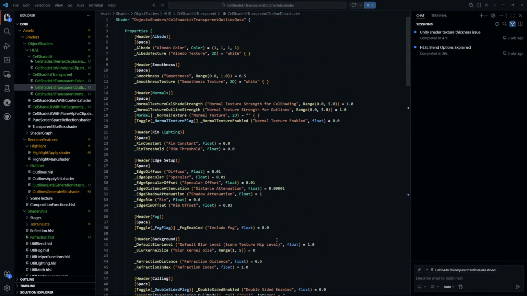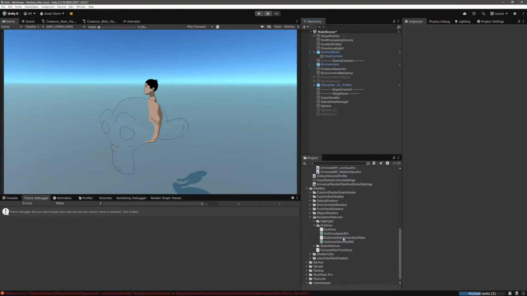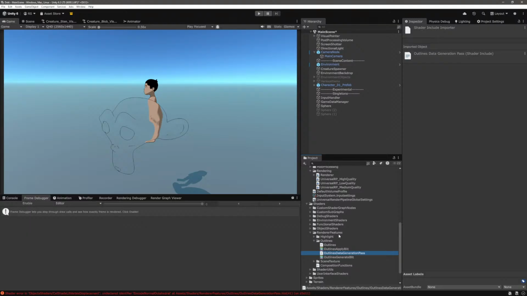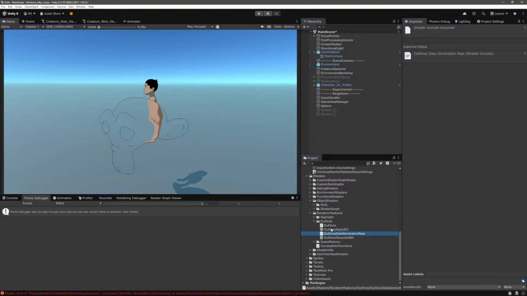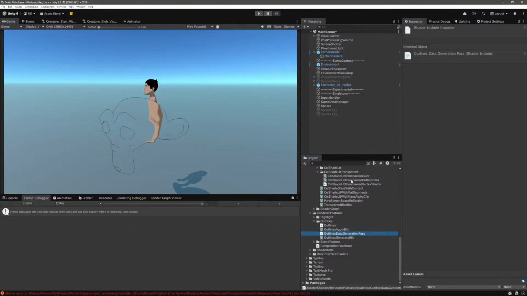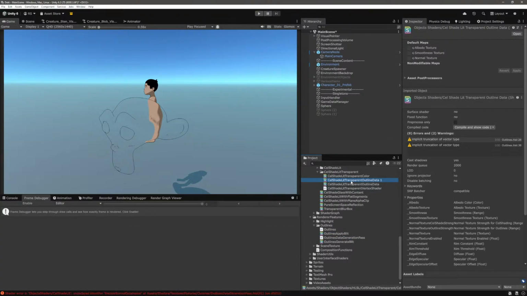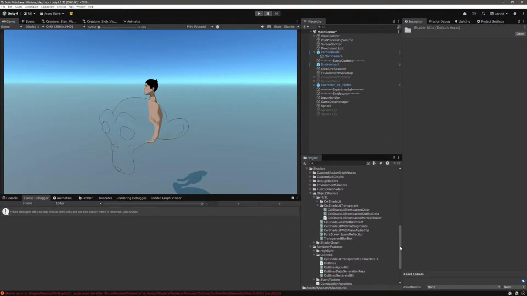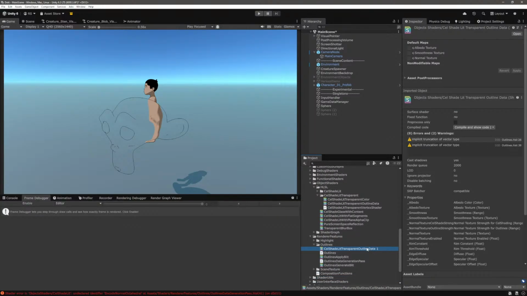Maybe, just maybe, I want to put it in outlines as well. So I think we're gonna do this. We're gonna take the cell shade lit transparent outline data. We're gonna duplicate this one and we're gonna put it here. I mean, it's technically a